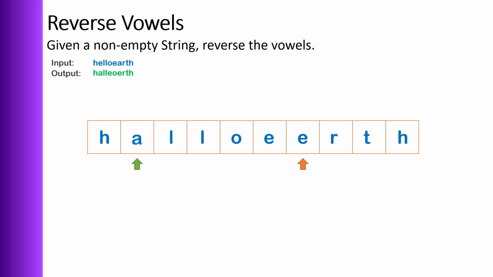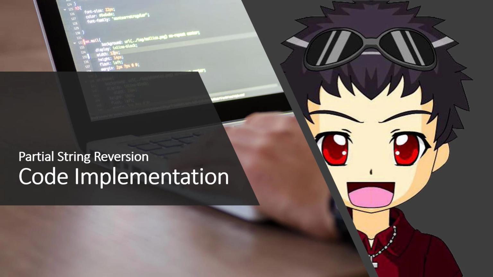And then for the left cursor, we move it again until we find another vowel. The right cursor moves to the left, and then we swap them again, until the start cursor meets the end cursor, and then we end. So for the coding implementation,